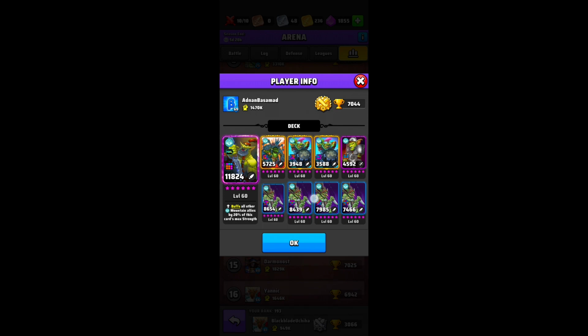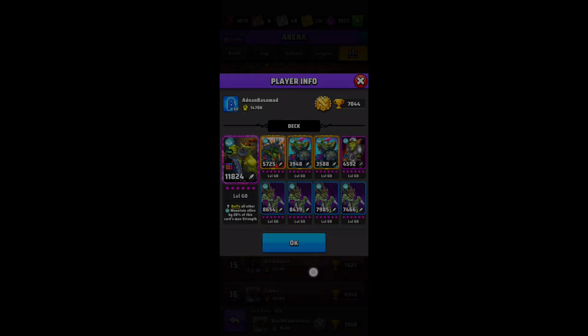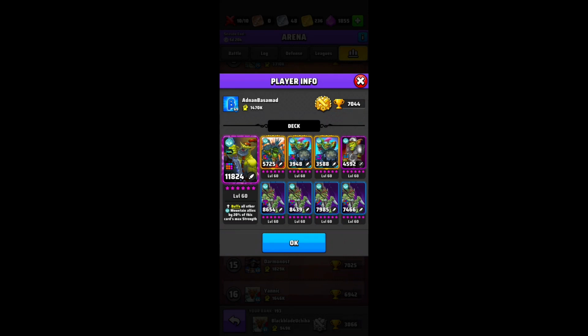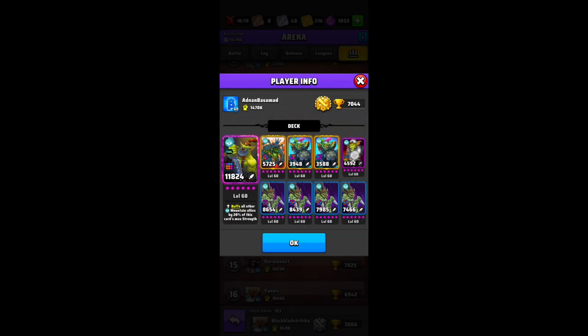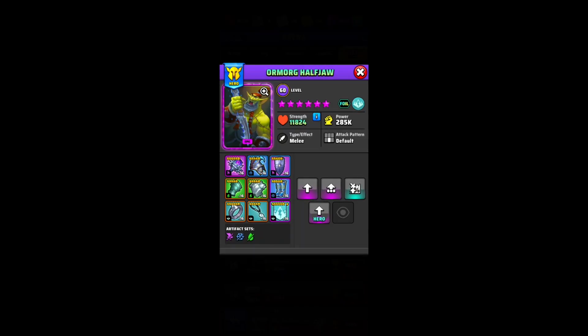Because I've seen, instead of having 4 goblin assassins, they had 4 of the uncommon goblins. It could be the frost goblin and the lightning goblin. Usually it was a lot of the frost goblins, and I think the poison goblin actually. Yeah, it was stupid. And they only had one goblin exterminator. They also had Goblin Chieftain, and they also had